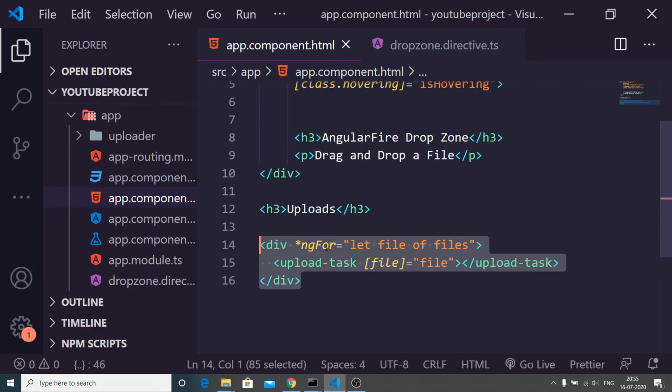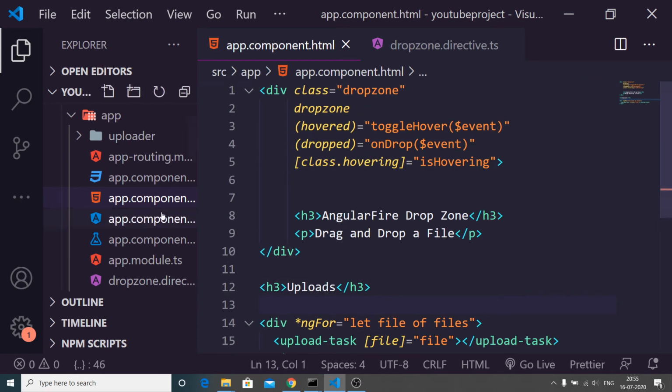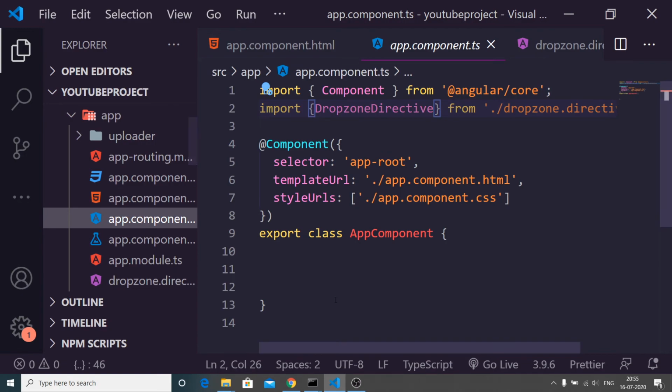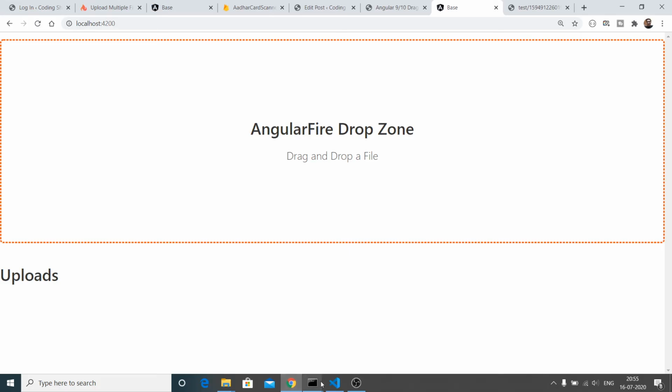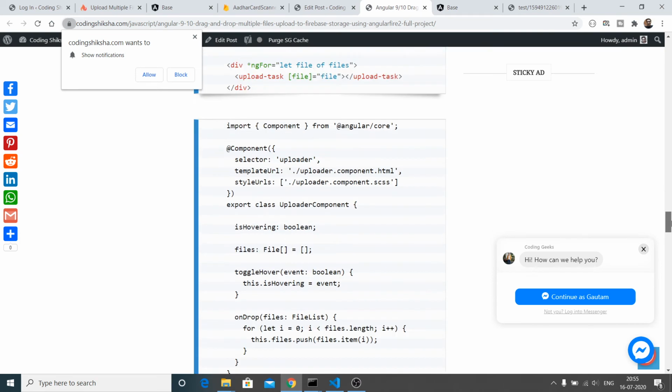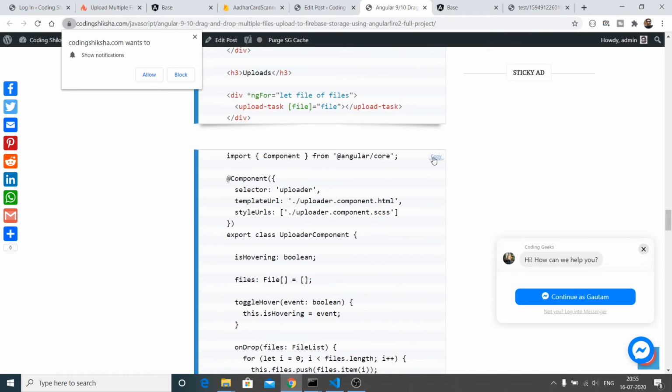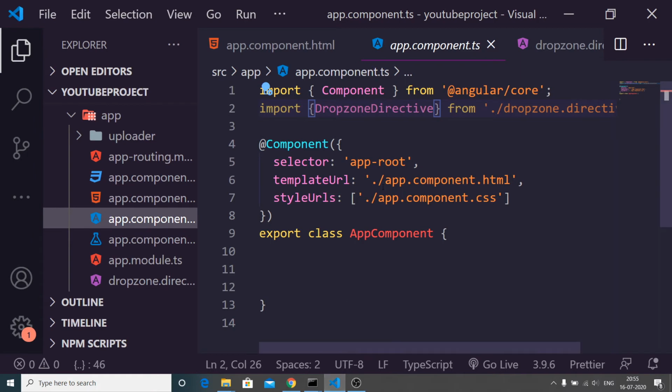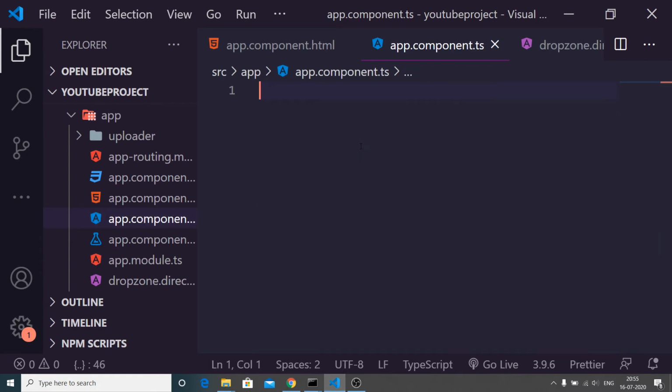Now we need to go to the app.component.ts file, and here we want to copy and paste the code which is there outside. This is the code, so copy it and paste it here.